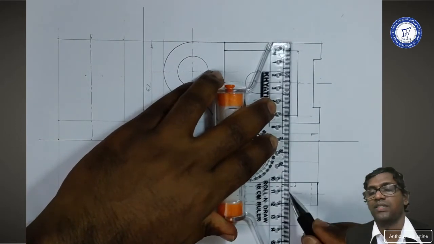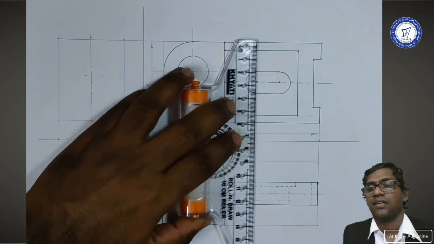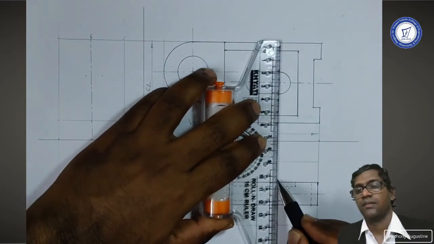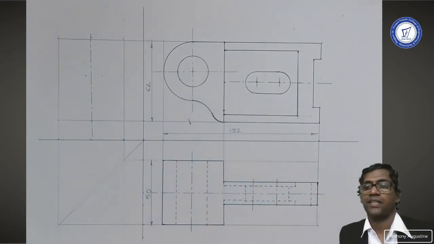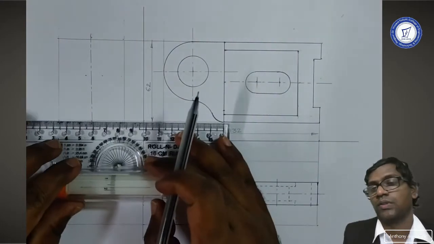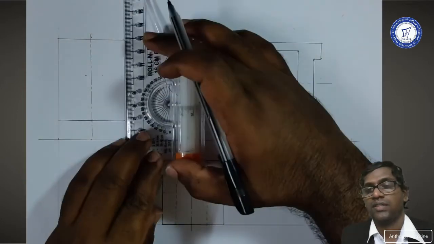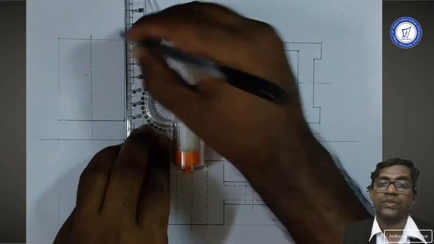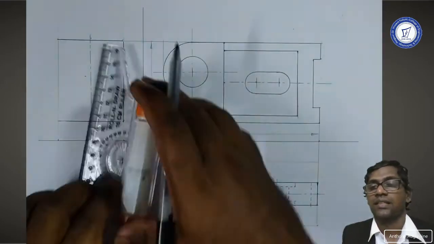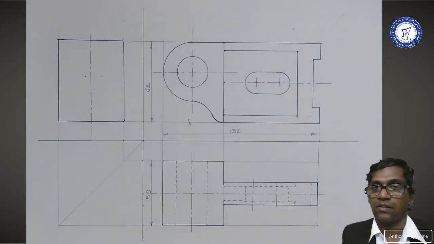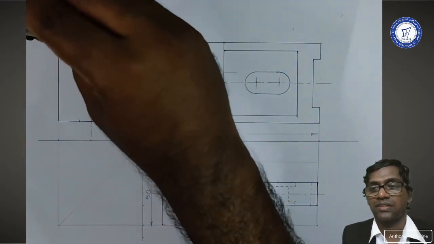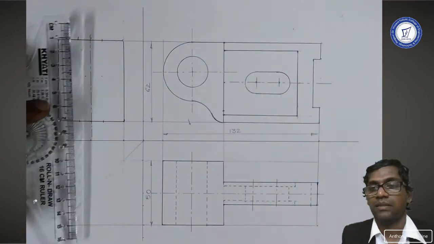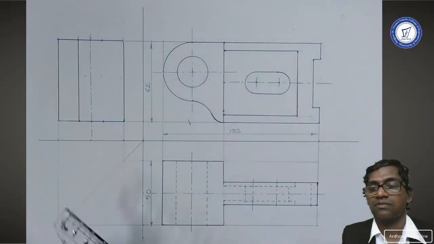So I am just projecting the tablet hidden edges. And next I'll be completing the right hand side view. So the complete outline of the right hand side view is darkened, and therefore I am darkening all the outlines of the layout. I take a distance of 9 mm on my compass for the wall, and I'll be marking and completing the vertical